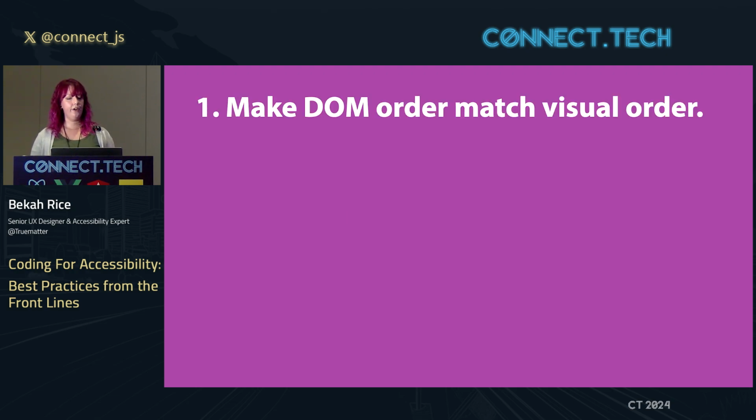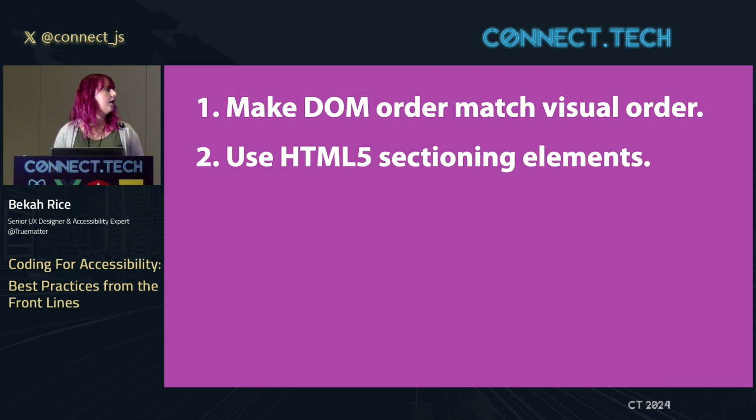Some examples of that are making sure that the DOM order matches the visual order. This is one that we don't think about a lot. If I'm looking at the page visually, the order that it's on the page is how I'm going to see it, right? If I'm using a screen reader and I'm not skipping around and just reading the page, the DOM order is going to impact when I hear the thing that I'm looking at. So this can be something if we have, say, a modal that pops up, the order that it pops up in the DOM can cause a lot of confusion if you're actually listening to the page.